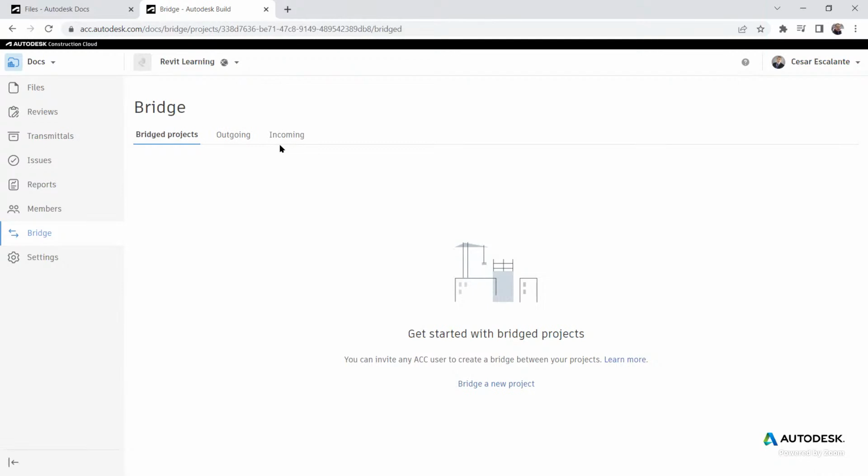So why is this important? Sometimes you want to keep your work-in-progress files internal, just accessed by you, but then the content of a specific folder, you want to synchronize with a recipient's discipline or a recipient owner folder. Let's say the owner wants to have the latest versions from you. And so with Bridge, you can define